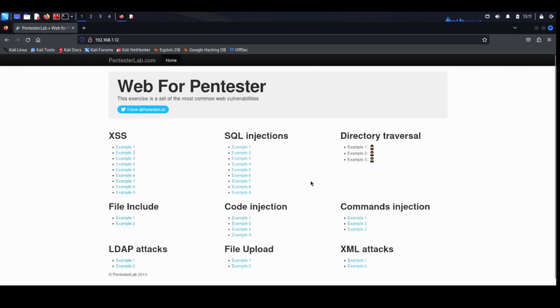Now we come to directory traversal. So what is directory traversal? This is actually very easy to understand. This is something I've also mentioned during our exploitation phase when we were doing directory busting, that